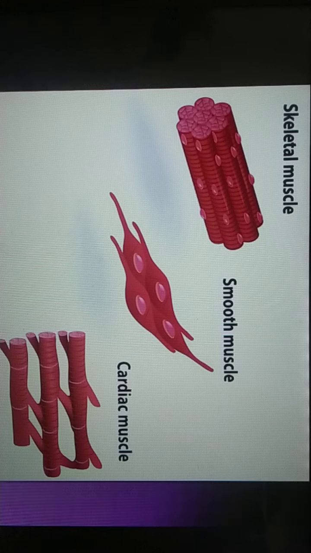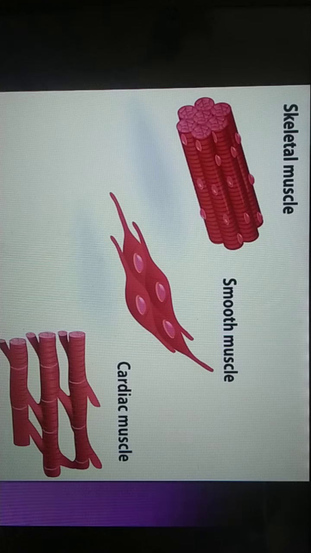Next, let's see the striated muscle, or skeletal muscle. Skeletal muscle is also known as striated muscle. Due to the presence of striations, you can see light and dark bands, the lining over here. So due to the presence of light and dark bands, it is also called striated muscle. These muscles have long, unbranched, cylindrical, fiber-like cells arranged in bundles.